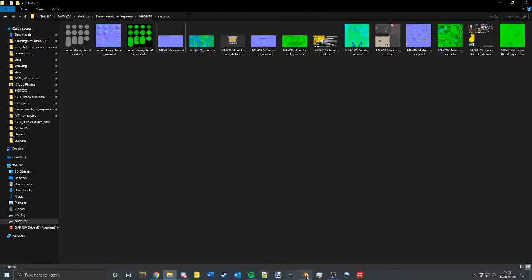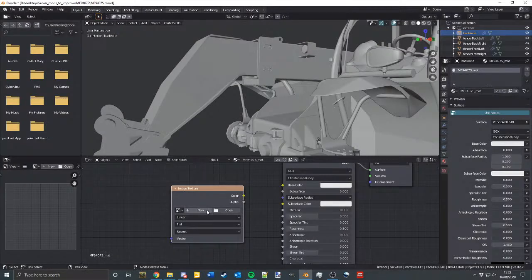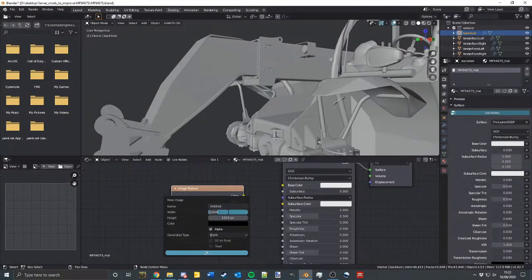So when we're baking our diffuse texture, hello Cargan, thank you for watching, we need to keep that same size. For example, we don't want to do a 2x2 texture because that would distort. You want to keep the same sizes. So what you do is you do a new, and then using the little math calculator in Blender, you don't have to type it out. You can just do ×4 for 4K and ×2 for 2K, and we'll call this